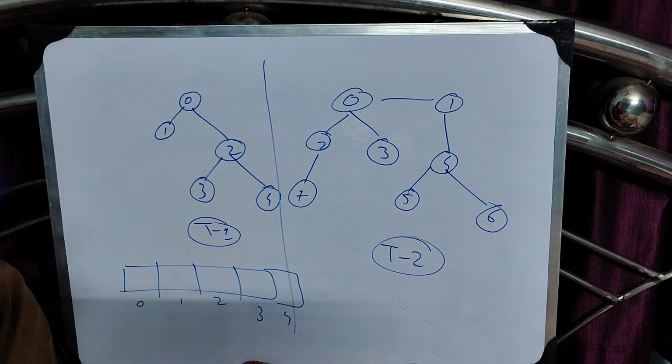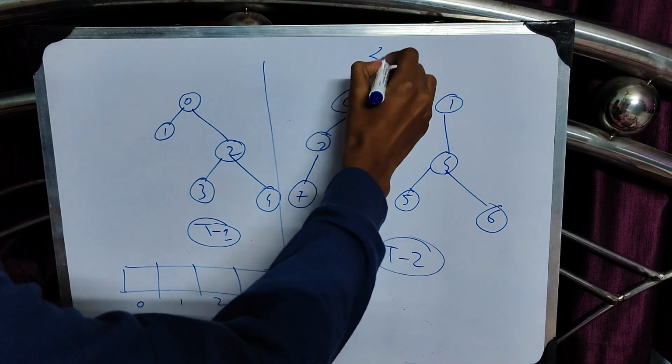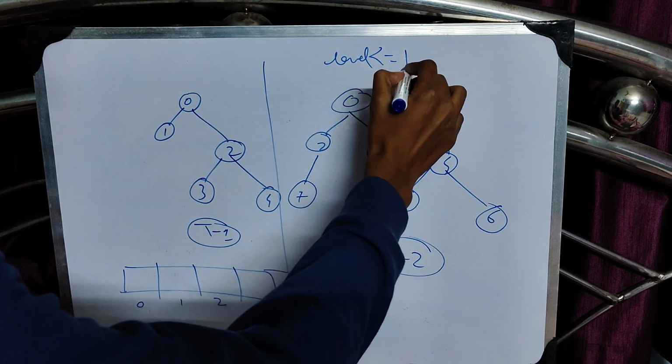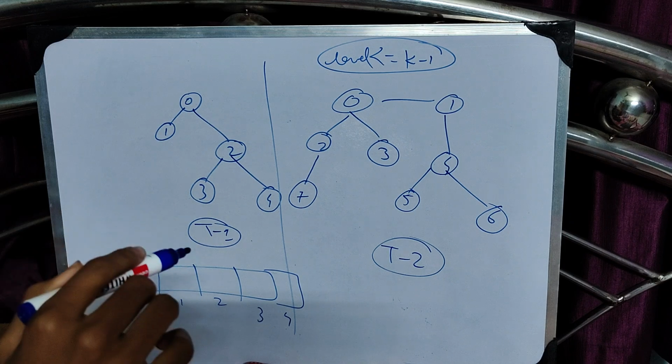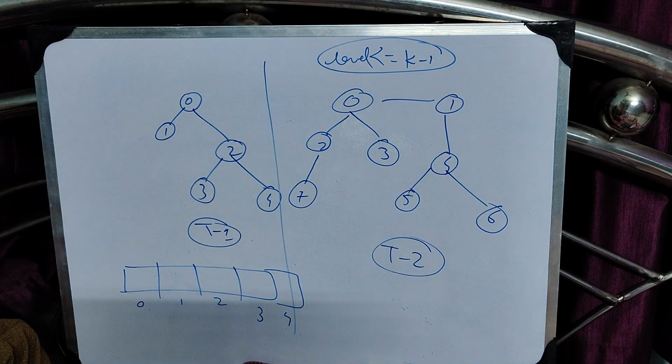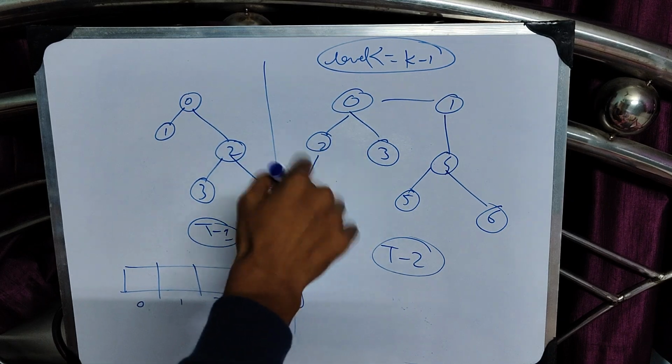For, let's think of tree 2. Okay, can you see something in tree 2? If I find the node that has the maximum number of nodes within whose level is less than or equal to k minus 1, then my job is done. Then I don't have to traverse T2 again and again. Can you see that? Then I just need to find the maximum number of nodes that are connected at a distance of k minus 1